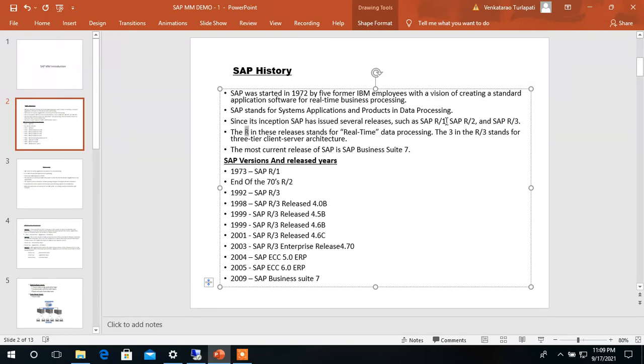R1 means real time one tier architecture. R2 means real time two tier architecture. R3 means real time three tier architecture. What is one tier, two tier, three tier? We'll see in the next slides. So there are some versions from 1972 onwards. I have given here a list of versions and packages introduced by SAP to update